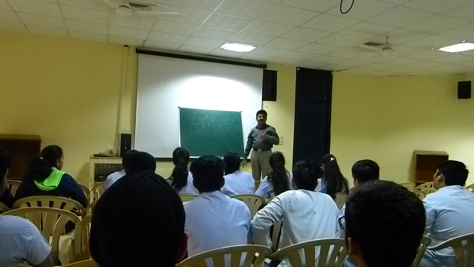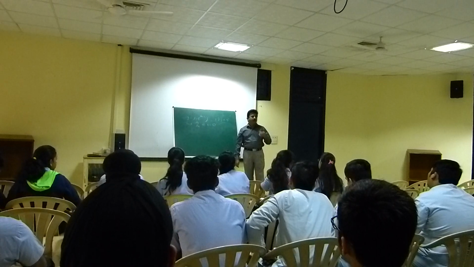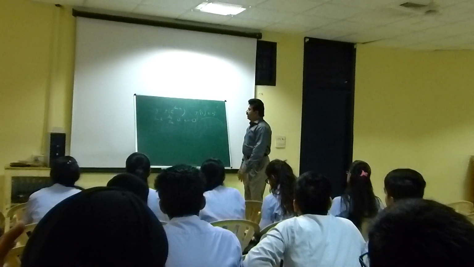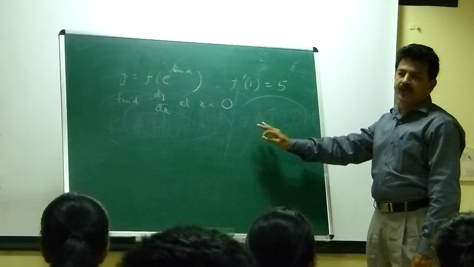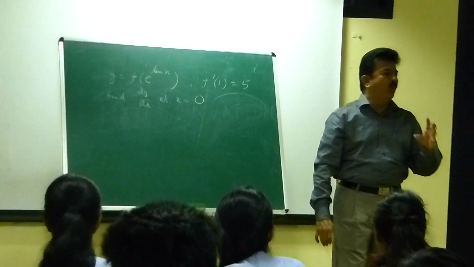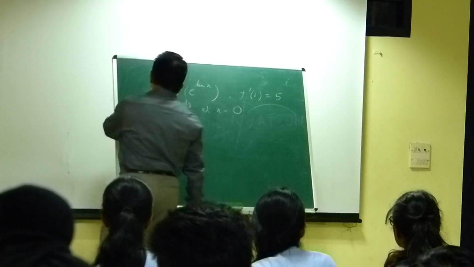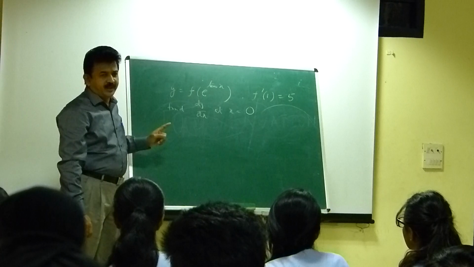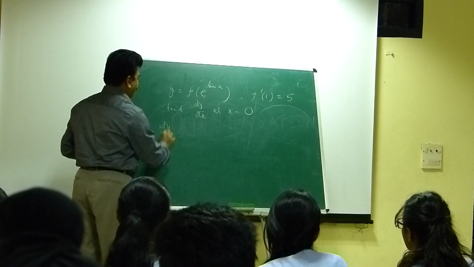The sample paper has been laid out. So you will be aware and you will prepare accordingly. At the outset you come to the conclusion that it doesn't look like a one mark question. It involves the chain rule, the function of functions. So how do you approach dy by dx?